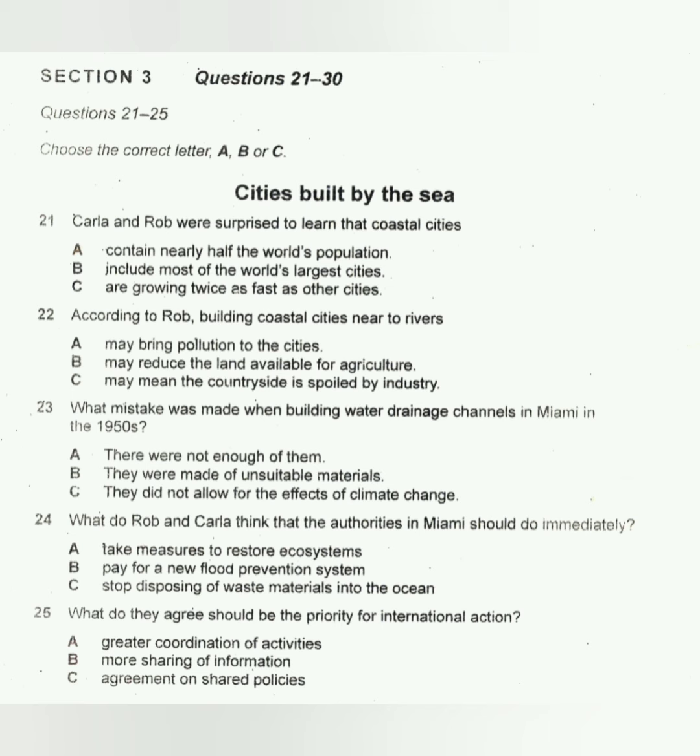Right. Did you read that article about Miami on the east coast of the USA? No. Well, apparently back in the 1950s, they built channels to drain away the water in case of flooding. Sounds sensible. Yeah, they spent quite a lot of money on them, but what they didn't take into account was global warming. So they built the drainage channels too close to sea level, and now sea levels are rising, they're more or less useless. If there's a lot of rain, the water can't run away. There's nowhere for it to go. The whole design was faulty.